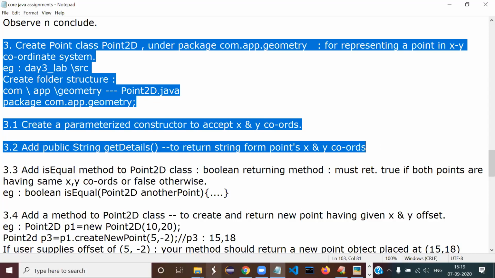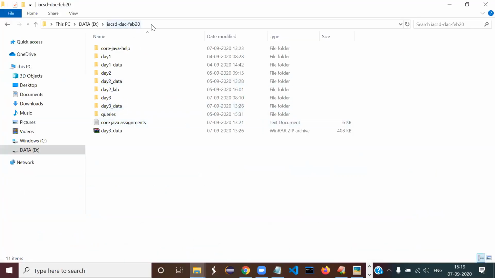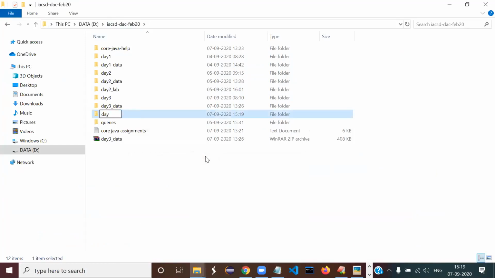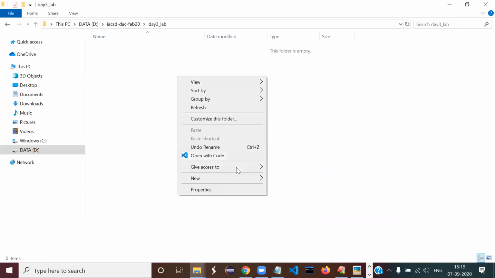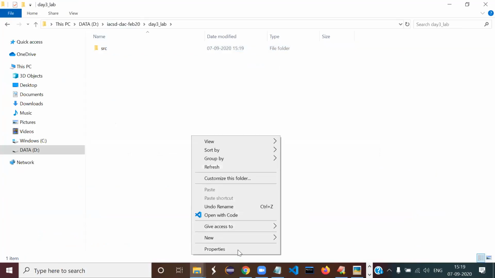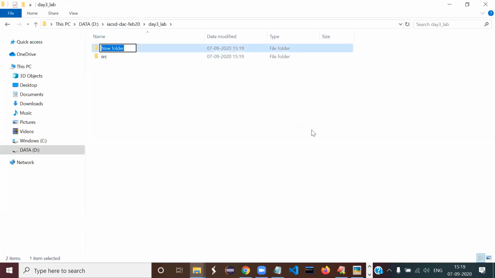So let me ask a simple question. Please answer. You must be having some other folder. I don't know, but okay. So suppose this is the workspace. Under this, you are going to create day 3 lab. Okay, let me show you, because I don't want any confusion. This is what I want. Under day 3 lab, you'll be giving me 2 folders, SRC and bin, exactly like the IDE does it for us. So can anyone answer? What will you add in the class path?